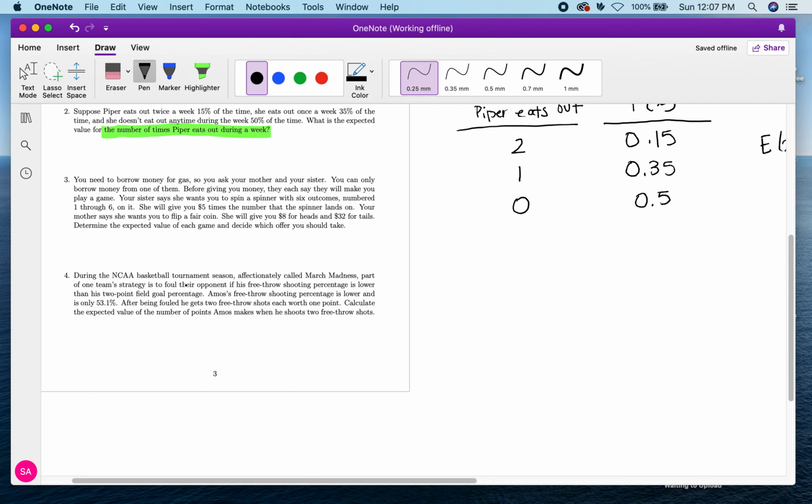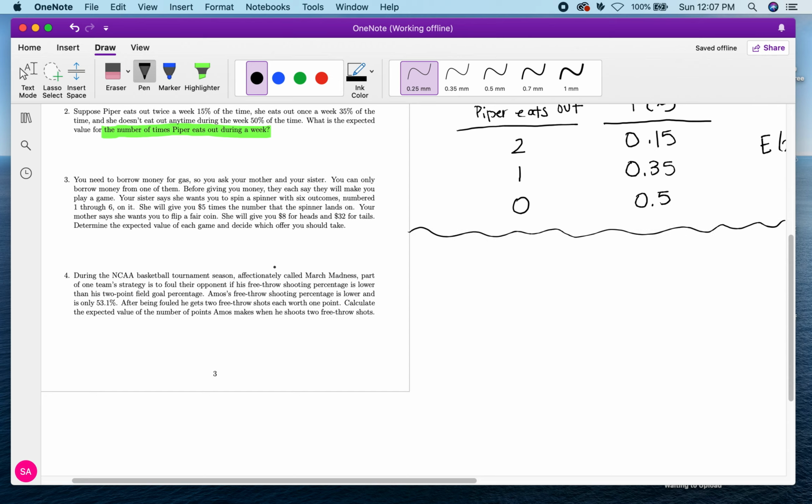So yeah, we're basically going to figure out the average that we can expect from each of these games, and whichever one is higher is the one that we're going to pick, because that means you're more likely to win more money with that game. Okay, so